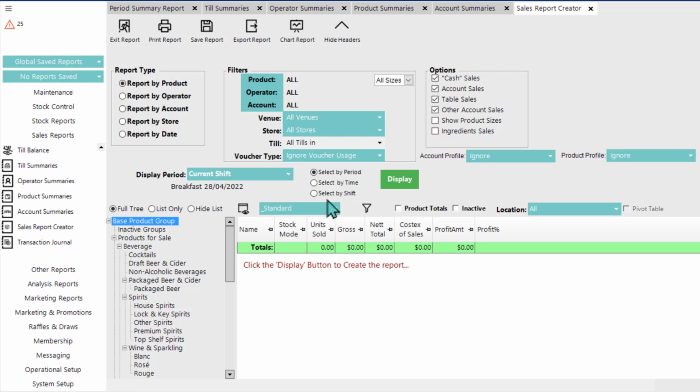One of the distinctions of this Sales Report Creator is that we can use it to more closely analyze sales in terms of factors that we might not normally consider. For example, maybe we'd like to base this report by product, so I'll just leave that alone. But then in this product list tree down here, maybe we could select a specific product group from the list